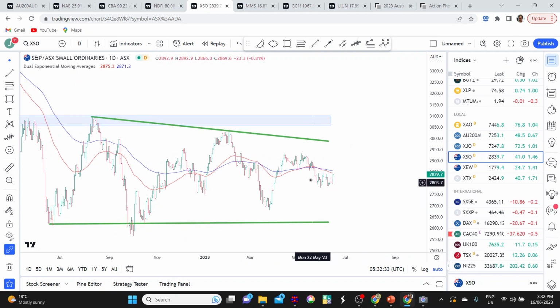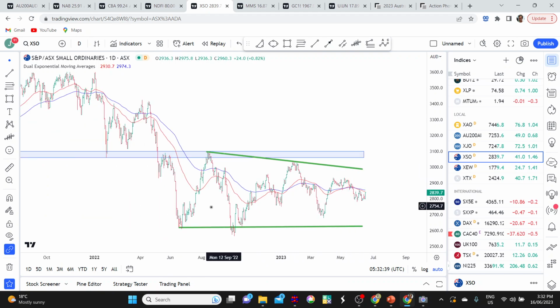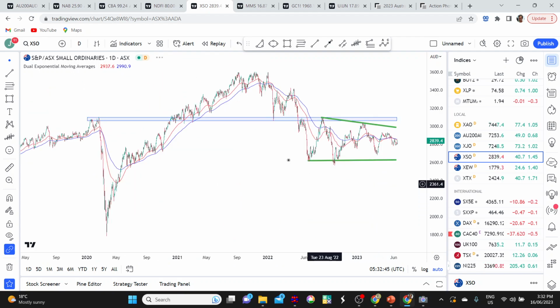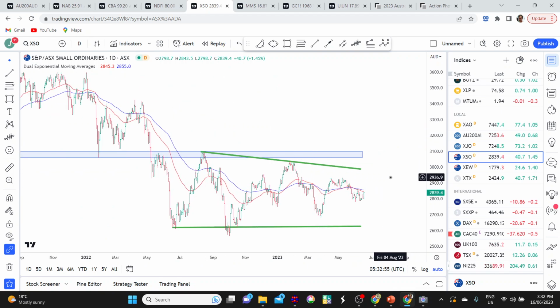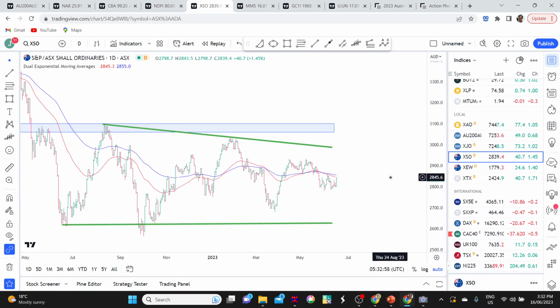Could this be a little bit of a basing formation we're seeing develop that could see the market test higher? And this could be similar to the sort of pattern that we're seeing in the Russell 2000 in the US. Maybe, when you compress this, this is a large basing pattern, and we're in the process of moving up towards the top of the range and then potentially beyond. I just don't know at this point. I'll be guided by the price action.